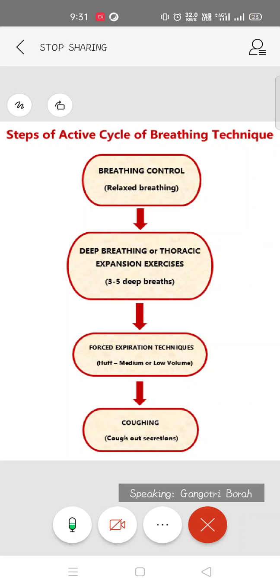But remember, if they are breathing out through the mouth, it's better to do it with pursed lip breathing. I hope you all remember pursed lip breathing, how we do that, as if we are blowing a candle or a whistle. If you breathe out, it is better to do it that way. Then try to let go of all the tension in your body and keep your neck and shoulder muscles relaxed. This you can usually instruct even before starting the exercise.